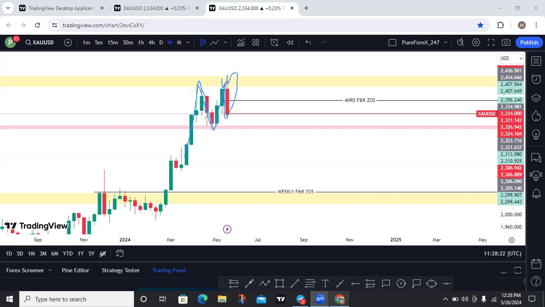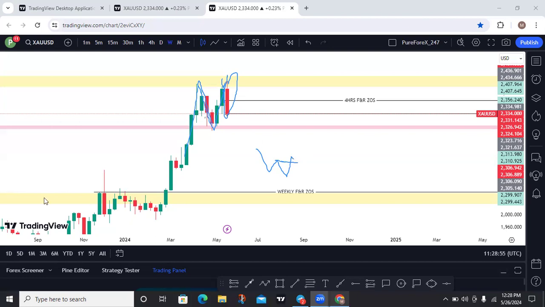What does that tell us? It tells us that sellers are coming into the market. We are seeing a sign of rejection from the monthly time frame, and in the weekly time frame we are seeing an extended M, and the last week candle closed as a bearish engulfing, right? From the weekly aspect of things, if we want to trade the M and the W on the M15 time frame, we use the neckline, whether it is extended or truncated. Once the market breaks this neckline like this, then we are going to buy, right?